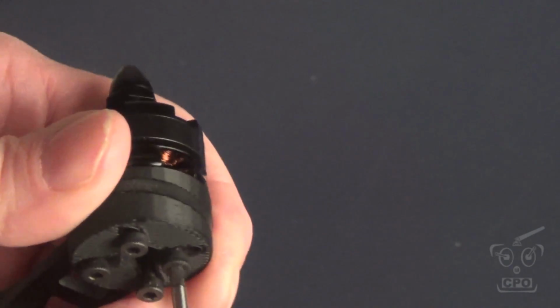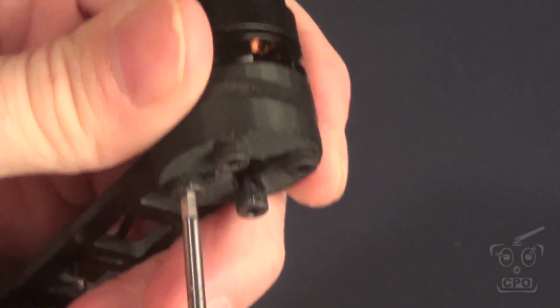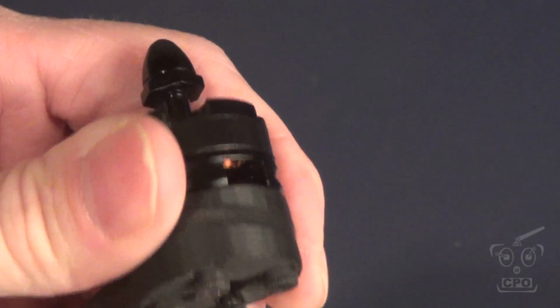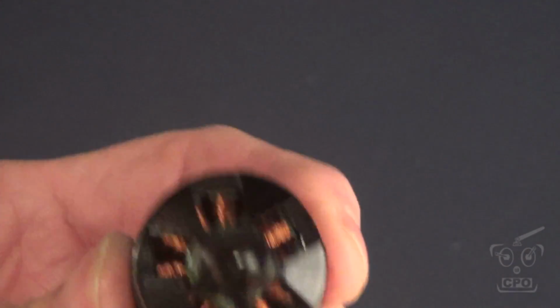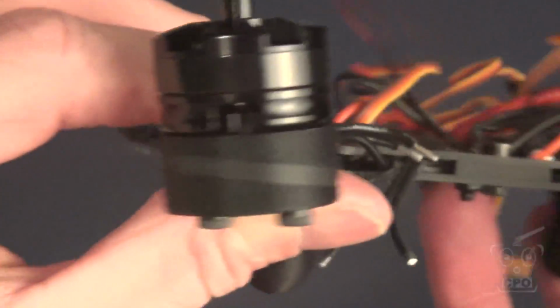And then once you get all 4 of them in, you can go through and tighten them down. Just get them snug. It's very easy with this plastic. I think this is ABS, probably easy to over tighten. So they'll snug up nice, and then the thread lock that I put inside the